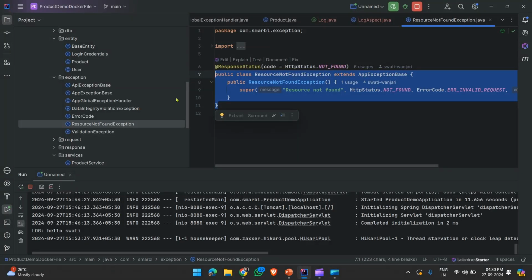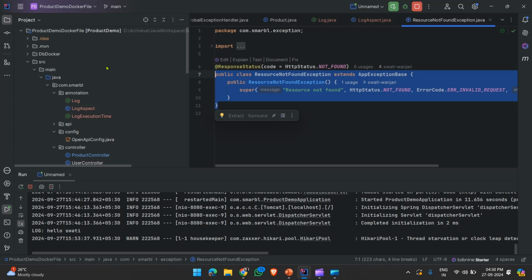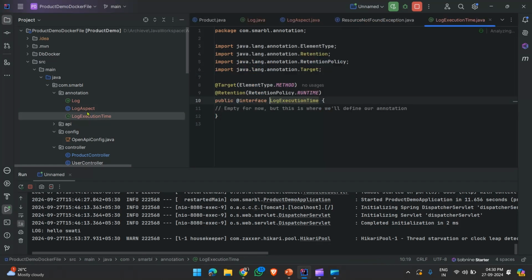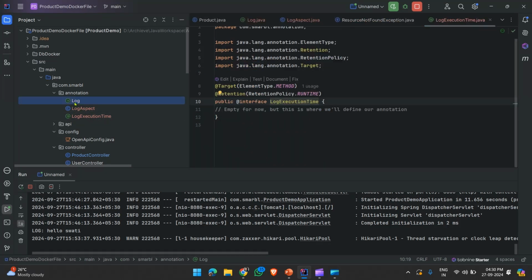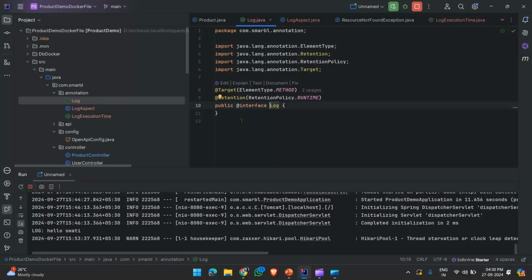But the custom annotations we have seen, like log execution time or log, are used for cross-cutting concerns like logging and monitoring. When applied to methods, it triggers behavior around the method execution, such as logging how long the method took to execute.